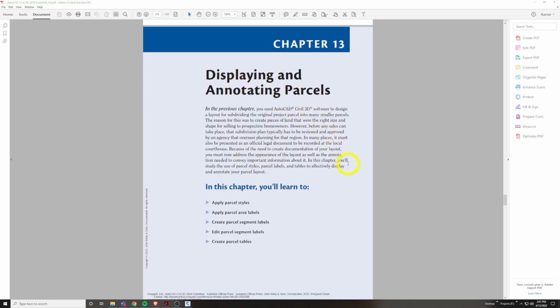As entities need to review our plans, whether it's a subdivision reviewed by a city or another authority, annotating and dimensioning and all of those things that go onto plans of what we design is the second half of the battle. So that's why a lot of these chapters break into the second part of annotating and better displaying said Civil 3D objects we created. So with that, let's start with our first file,